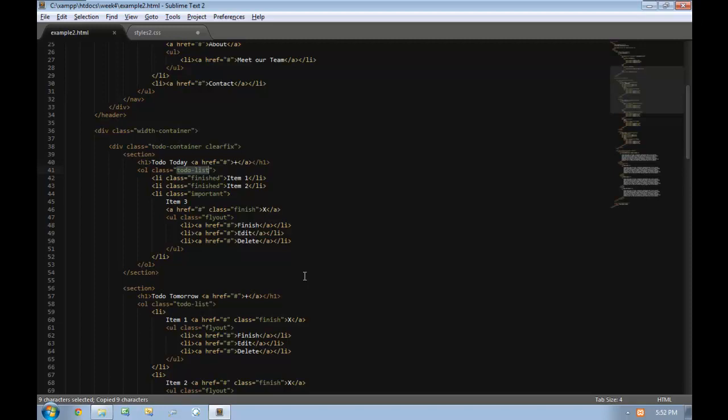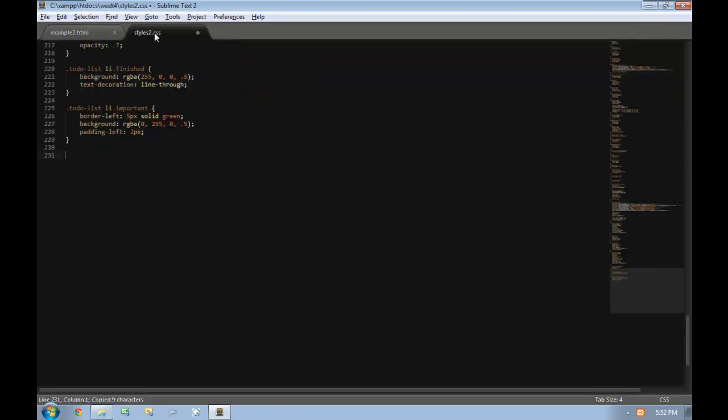Remember, I don't want my selectors to be too specific so that they can't easily be used for other elements, but I don't want them to be too general so that they override elements that I don't want them to override. So let's go ahead and grab our to-do list class and do a .flyout. So this will select any element that is a flyout underneath the to-do list. Let's give it the same treatment. First thing I'm going to do is say list style is none, margin is 0, and padding